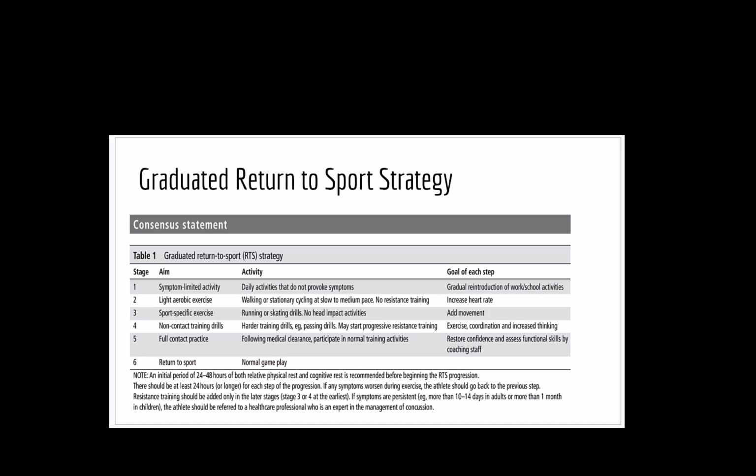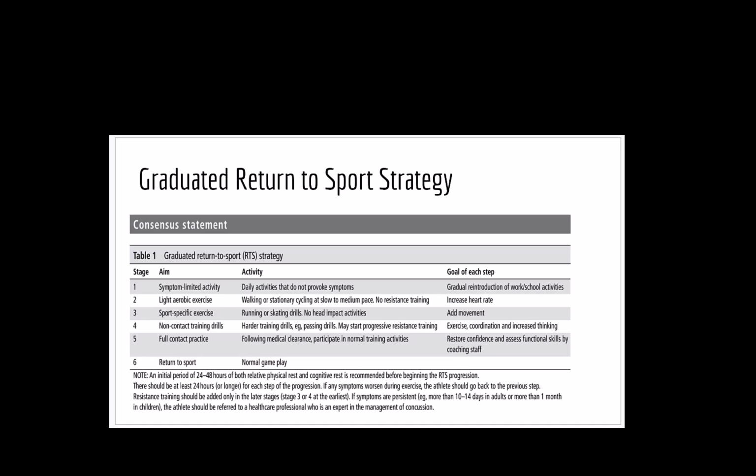So stage 1, symptom limited activity. We're going to do those moderate activities that do not provoke symptoms. If we can start to get them doing some of their daily life activities and they stay below that sub-symptom threshold for 24 hours, then we can move on to stage 2, where we're going to begin aerobic exercise, very light. Again, starting to just increase their heart rate, get them working with a little bit of aerobic activity. Resistance training is not indicated at this time. Just light aerobic tasks to begin with. If they can do that for 24 hours with no symptoms, then we move on to number 3,